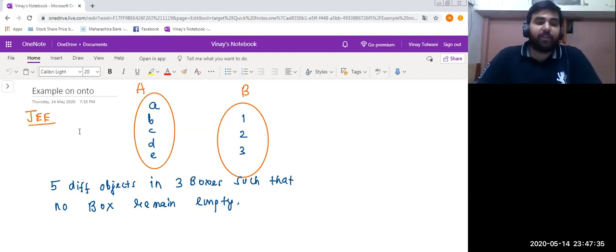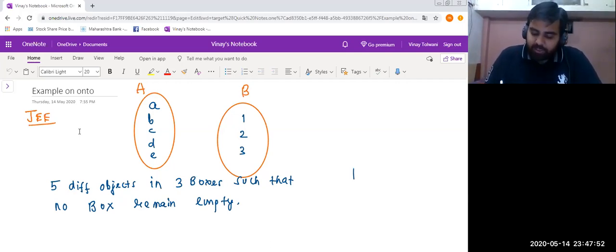By doing this activity, we can find the total number of onto functions. We can also apply the formula which we have derived in this lecture right now. And there is another method as well.